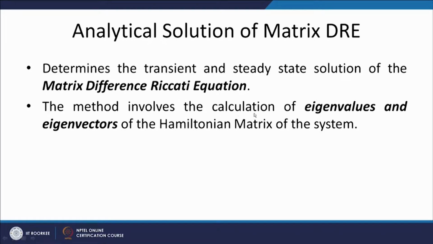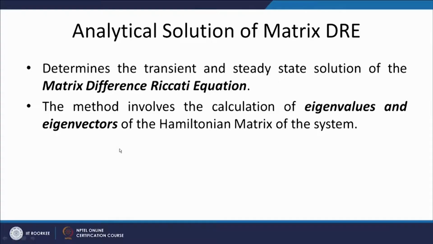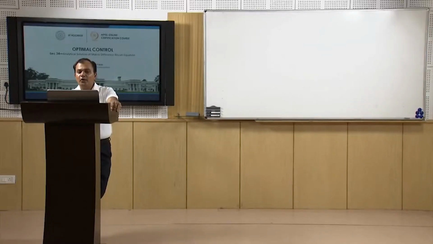This method involves the calculation of eigenvalues and eigenvectors. As we have determined this for continuous time systems, in a similar manner we can find out the value of the P using the eigenvalues and the eigenvectors. But there my system was continuous, but here the system will be discrete in nature. Now, the Hamiltonian system with state and co-state equation,